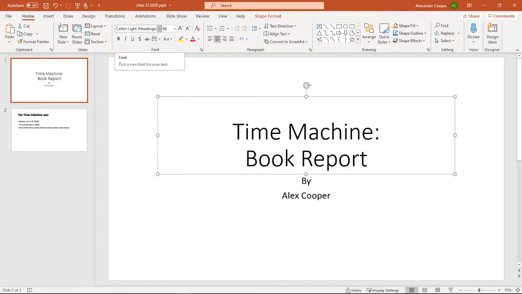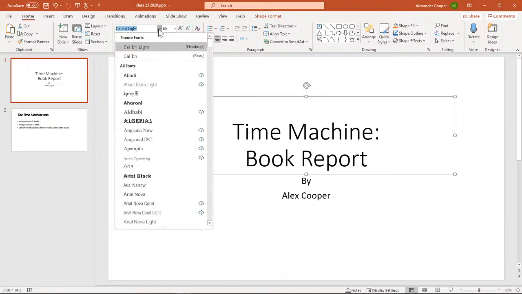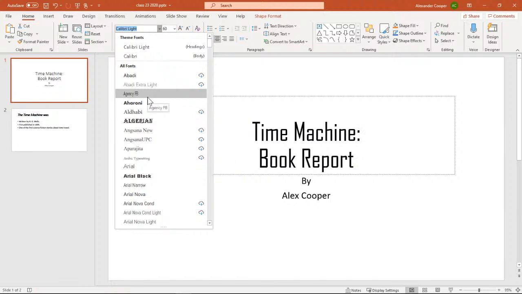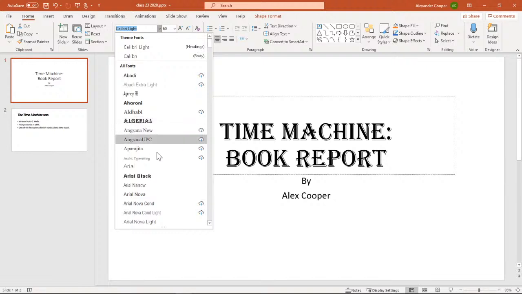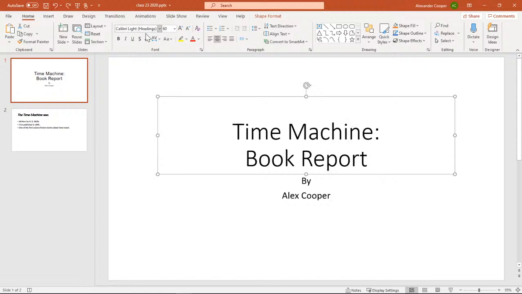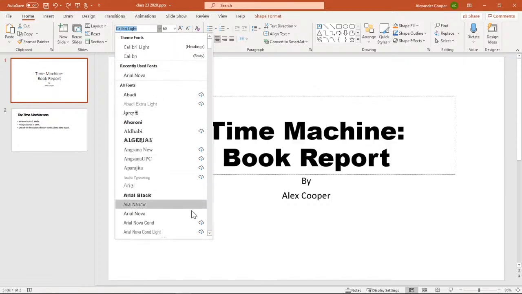So our first thing is we're going to change the font. This is our heading. We want it to be something interesting. Ooh, that looks actually pretty spacey, doesn't it? Good thing is I can hover and it'll show me a preview. Whoop. I was still previewing and I clicked.